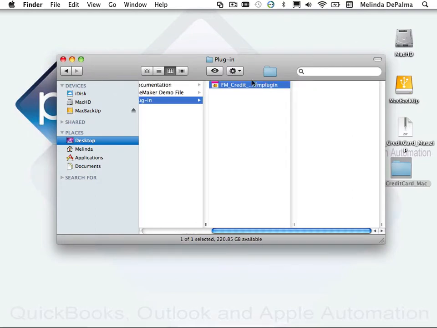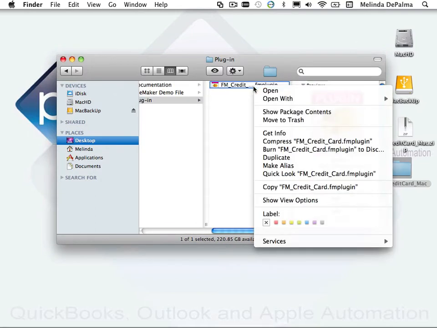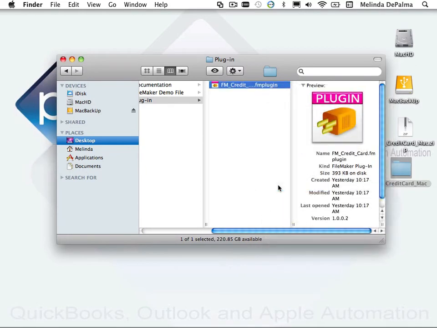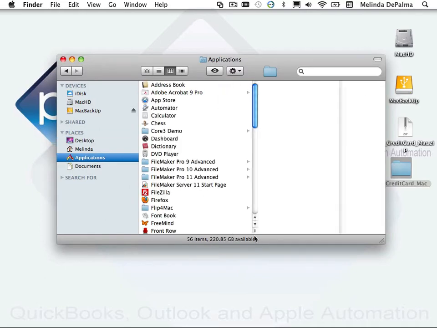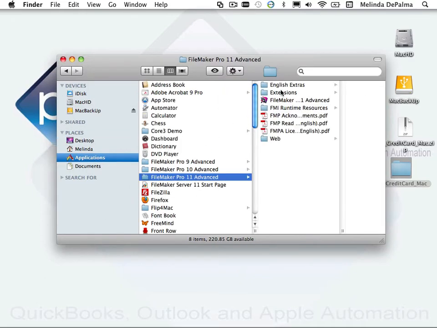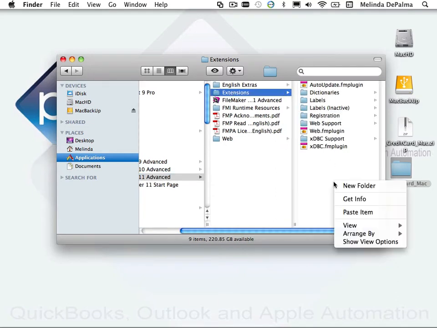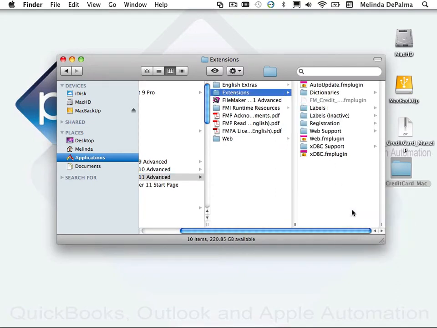Here we're actually going to copy the actual plugin, and we'll paste it into the FileMaker Extensions folder, which is located here in Applications. Go ahead and select your FileMaker version you're working with, then Extensions, and you will right-click and select Paste to paste the plugin right into your Extensions folder. You can also drag the plugin over or do a copy-paste or right-click, whatever options are available to you on your Mac. Now that we've successfully installed the plugin,